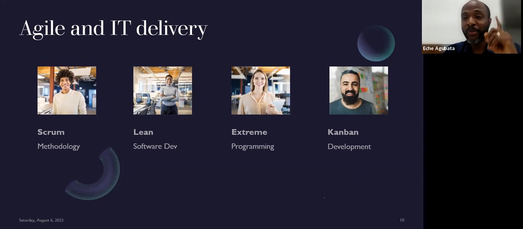And truth be told, waterfall has tried to adapt to some of the positives of Agile, but it is still waterfall. I'm sure some of you in your environments have heard of what they call joint application development, JAD. It's borrowed from lean software development. The whole idea is that all the different stakeholders that speak to the software are part of the design of the software. Microsoft and some of these big OEMs do it once in a while.